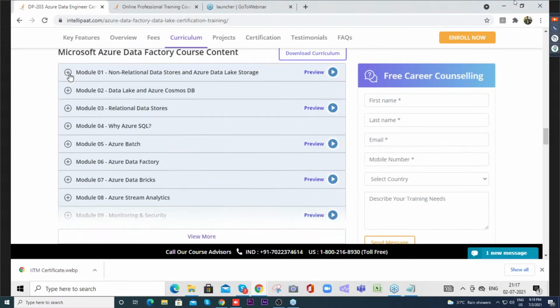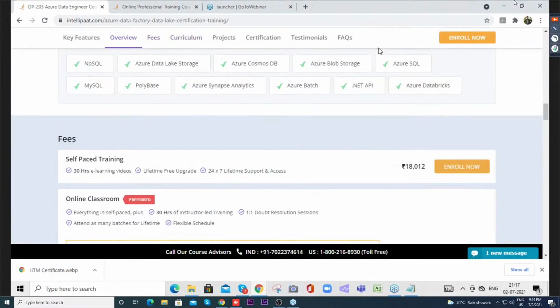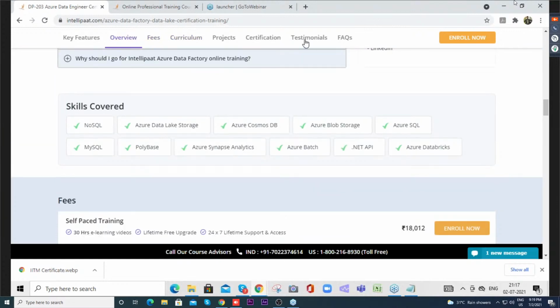And second, we are just going to teach you on the data lakes and Azure Cosmos DB. And third is relational data stores and why Azure SQL. Fifth one is Azure Batch, Azure Data Factory, Azure Databricks, Azure Stream Analytics, and monitoring and security as well, precisely. All right, this is a most comprehensive program as well, which completely suffices the requirements for you to